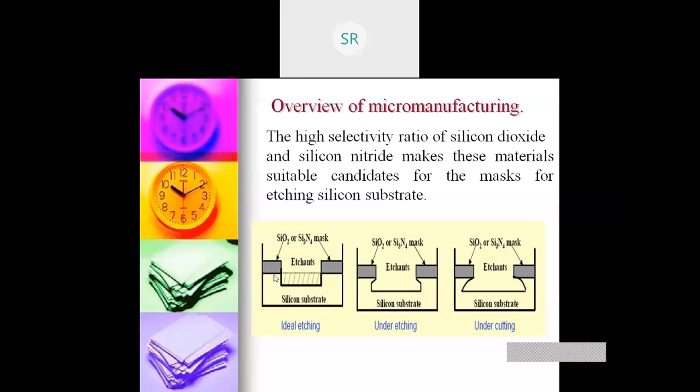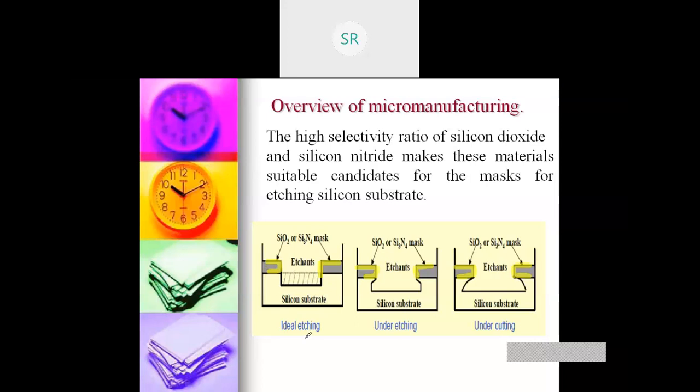Say I want to maintain this part, this structure, this layer. If I am going for wet etching, I'll take any one etchant, KOH, EDP or TMAH, and I'll put the entire structure into the